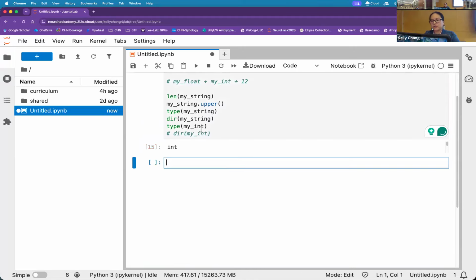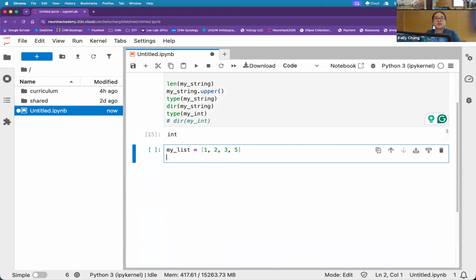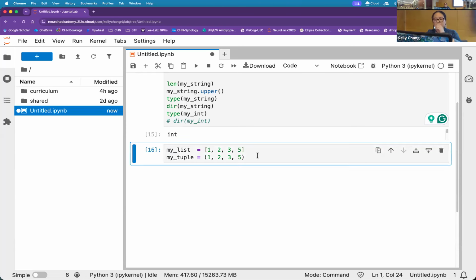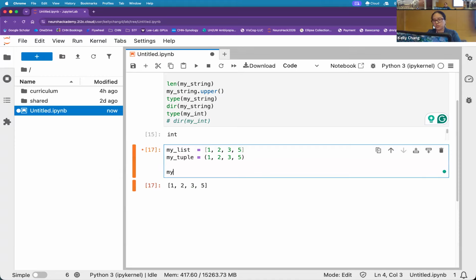Now, these are just your regular variables and your data type classes. We, of course, also have collections of things, and this also varies from coding language to coding language. We have our lists, which syntax-wise use square brackets. We also have what are known as tuples, which look eerily similar to our lists. I'll even put in the same numbers, but they'll have different class properties or different kinds of behaviors. So I'm going to run this real quick just so you know I have them. My list has square brackets. Look at it as it's being printed. We have our square brackets. My tuple